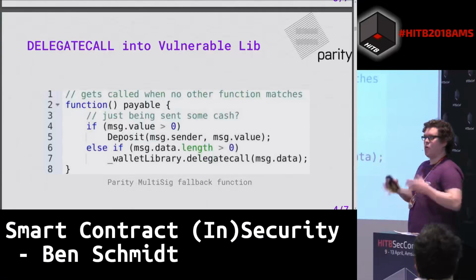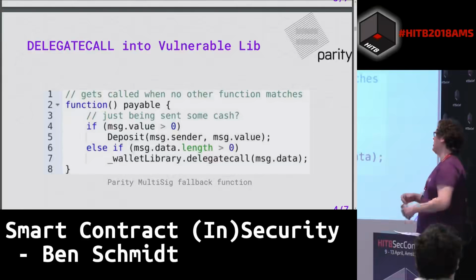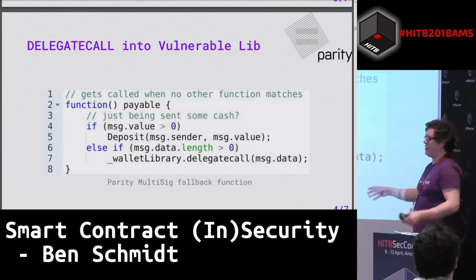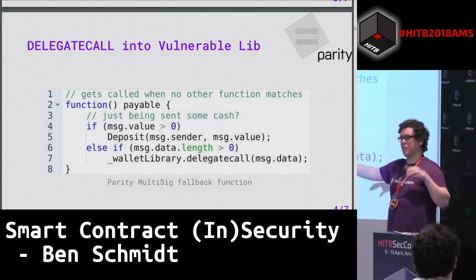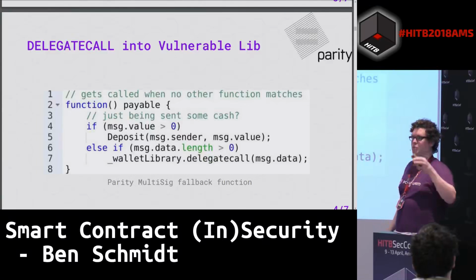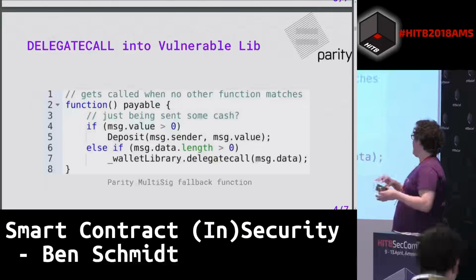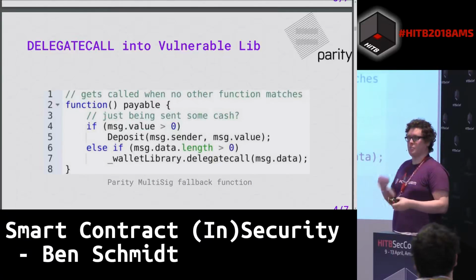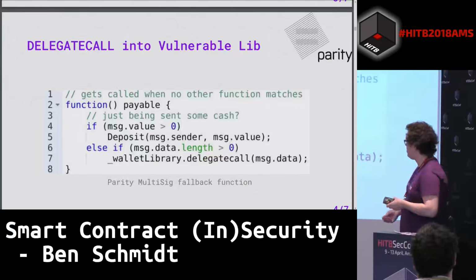So the actual how that works and why they had separated it out was that in their default function, parity devs basically said, okay, we want to separate out this library code from this wallet code that's specific to whatever thing you're deploying. And they wanted to do that basically to save money because it costs money to put code onto the Ethereum blockchain.